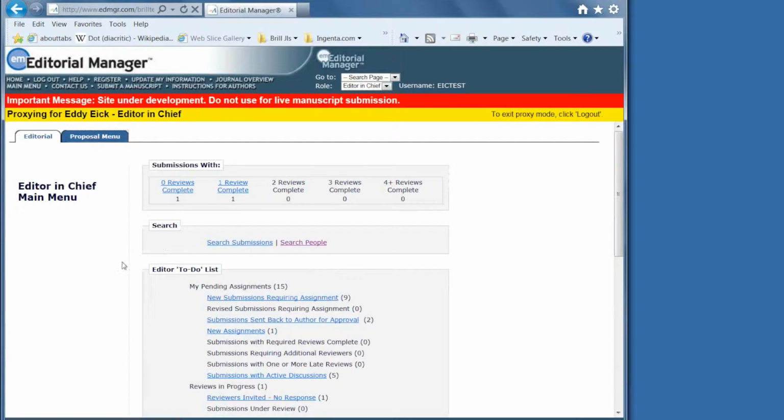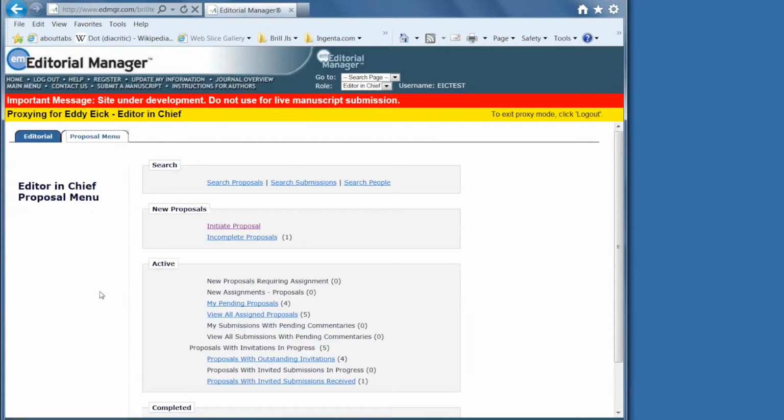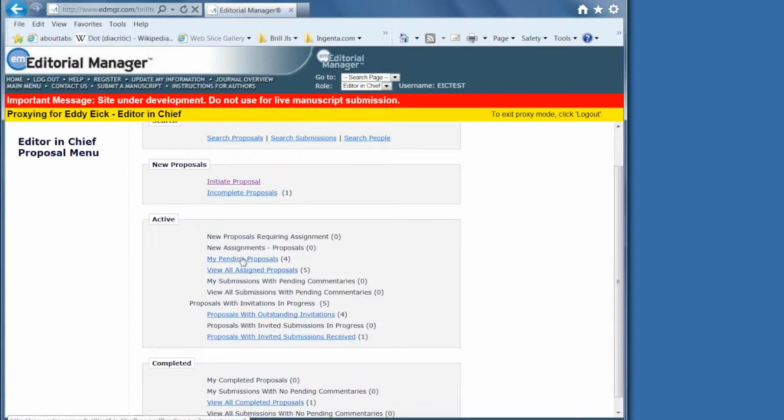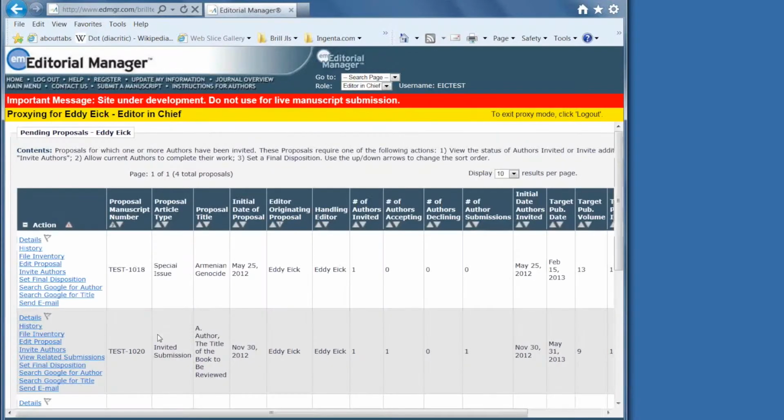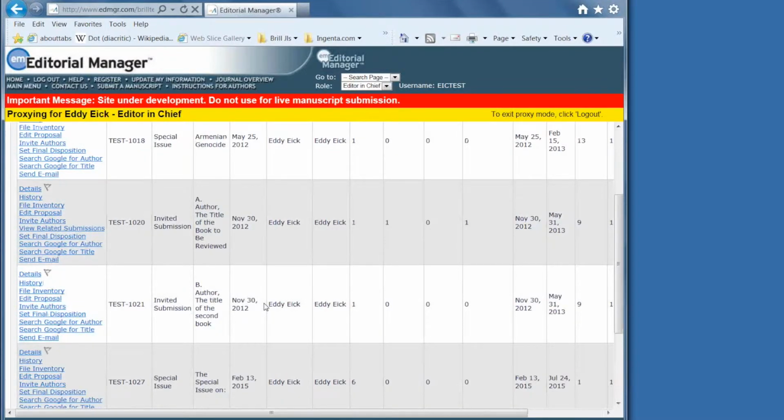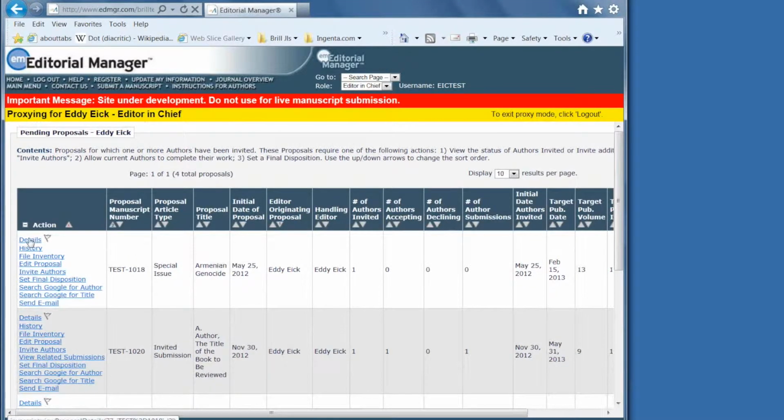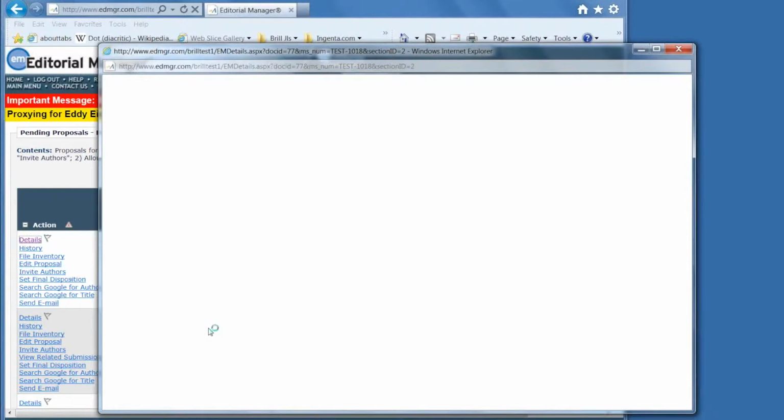And if we go back, we see that there are a couple of proposals already in here. And we can actually look at any of them. You can see here what it's about, the number of people invited, how many said yes, how many said no. You don't see the names of the authors, so the most useful thing is either copy-paste this into Word or into an Excel. Then we go into the details screen,